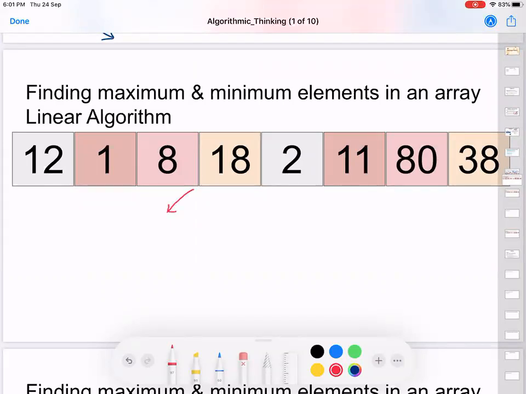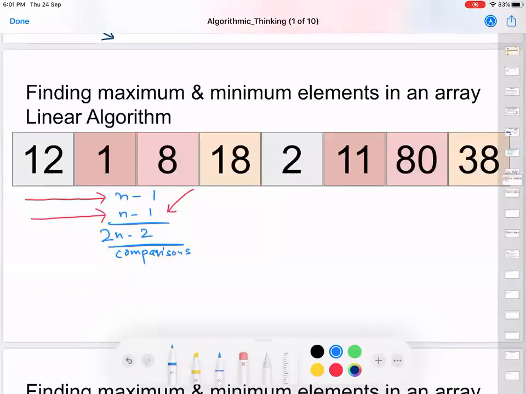The very first idea which comes to my mind is, you scan this array first time and you figure out which is the maximum element. You again do a scan and you figure out which is the minimum element. That is, you separately run your algorithms for finding the max and the min. So the algorithm for finding your max will take n minus 1 comparisons. That for finding the min will also take n minus 1 comparisons, and when you add both of these, it will come out to be 2n minus 2 comparisons in total. So this was the first idea, where you run 2 linear scans.